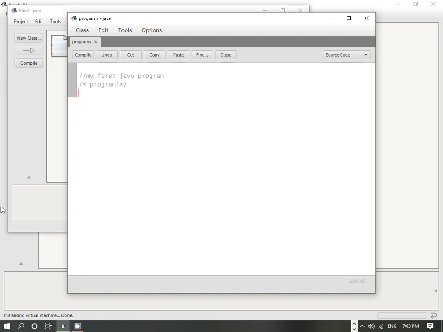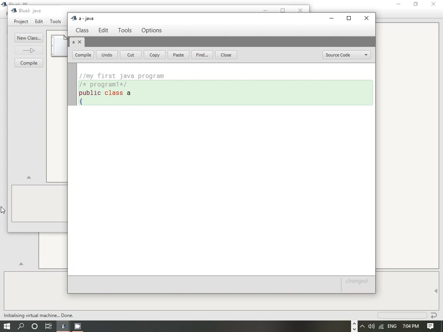Next we will write the program. Suppose we write a program to print your name on the screen. For that, the code will be public class. Any name we can provide, that can be welcome, that can be name, that can be any alphabet. Any name you can provide over here, that is up to you. The user can put any name according to their wish. So suppose I write public class A, so this is the class name.